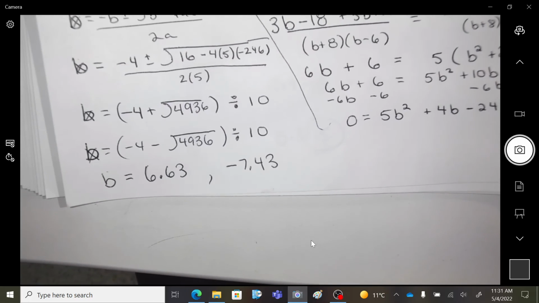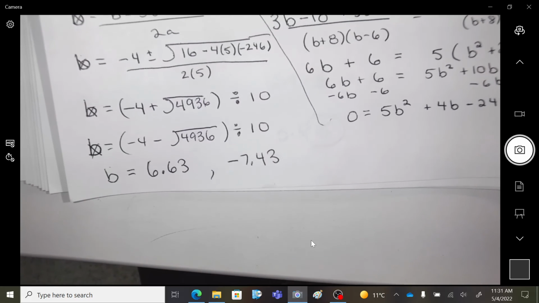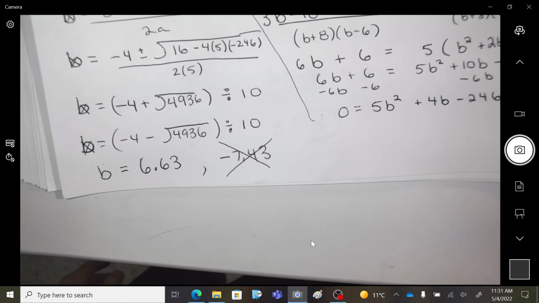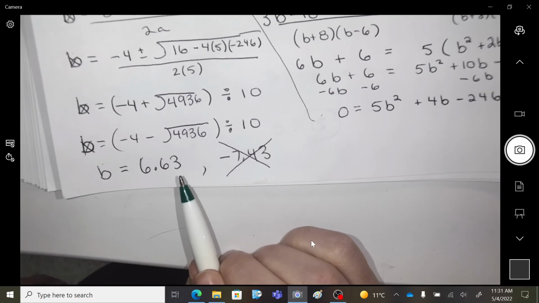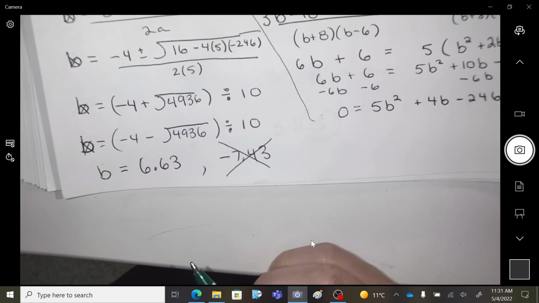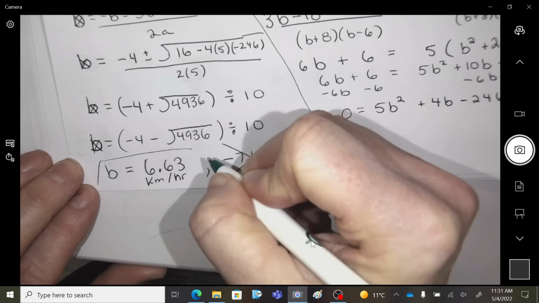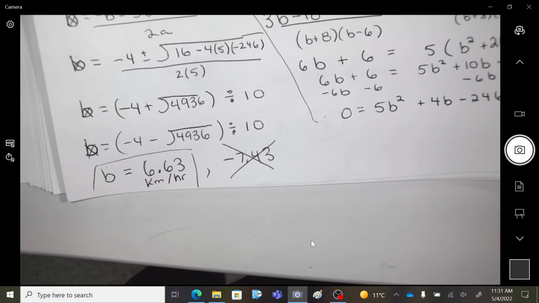Okay, do you remember what we were solving for? The bike speed. Okay, well that one doesn't make sense. I can't have my biker going that. So 6.63 what? Kilometers per hour is the speed on the bike. So Mia, is that a fast biker or not? No. No, what's your speed? I don't know. More than that? Like what is a good bike speed? I don't even really know. Compared to a car on the highway. You probably pass all the cars on the highway or what? No. That would be like